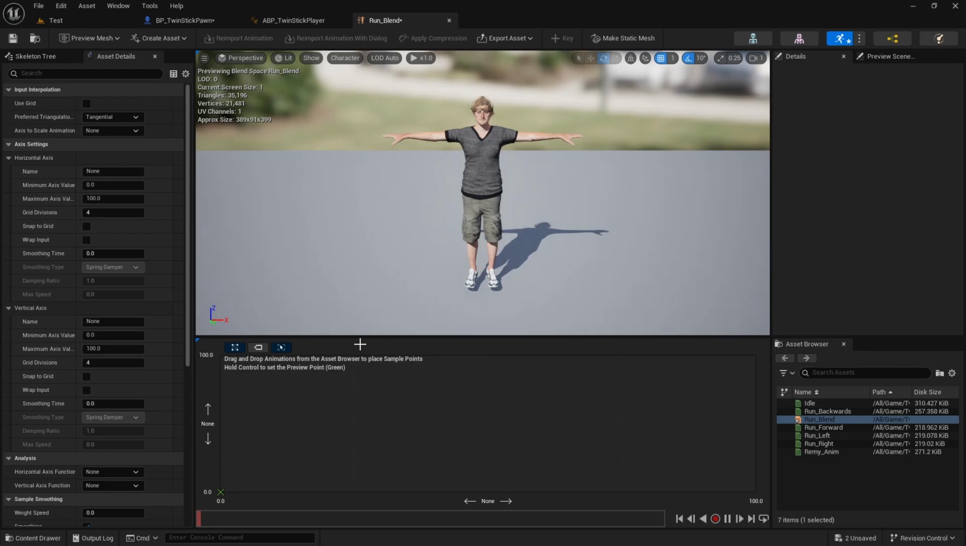Okay, so when we open it up, we're greeted with a preview of our character. Most importantly, what we have down here is a graph. Currently, it has two axes named none and none. And these axes go from 0 to 100, 0 to 100. We are going to have these represent